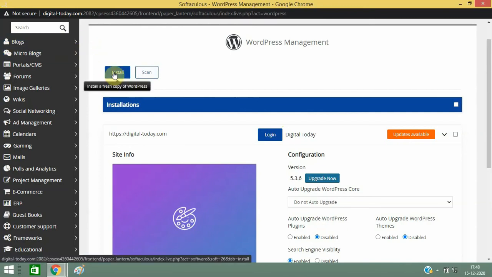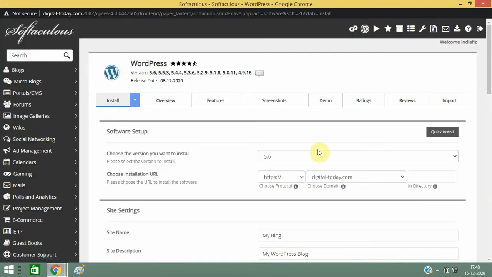Click on install first. Here you will get this option, and after clicking it you will get this subdomain here.